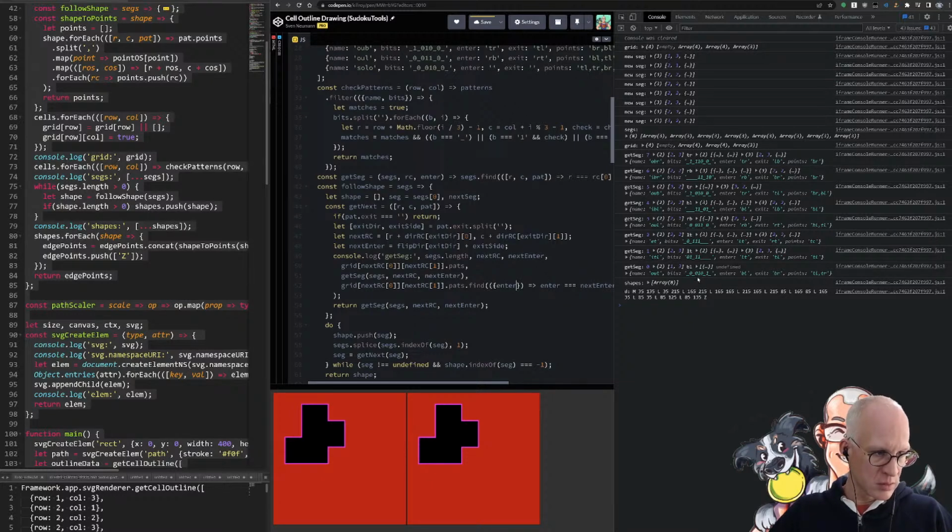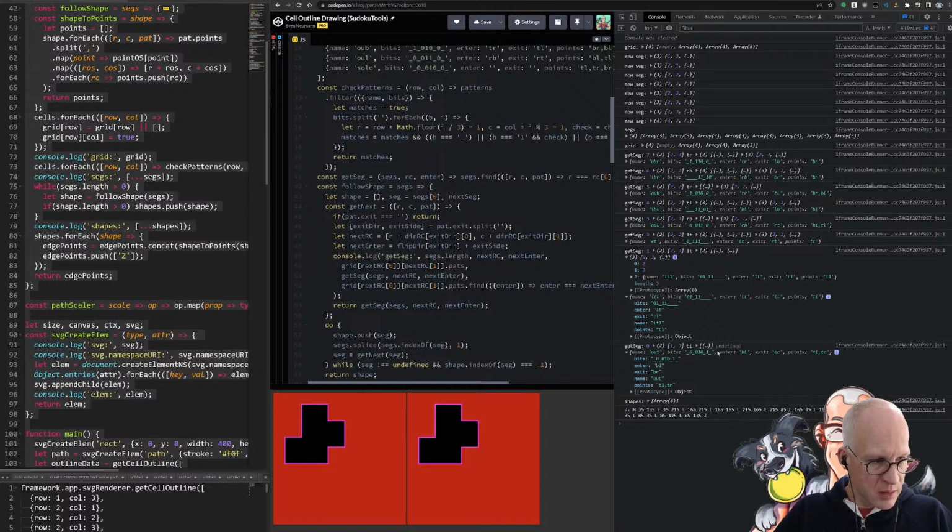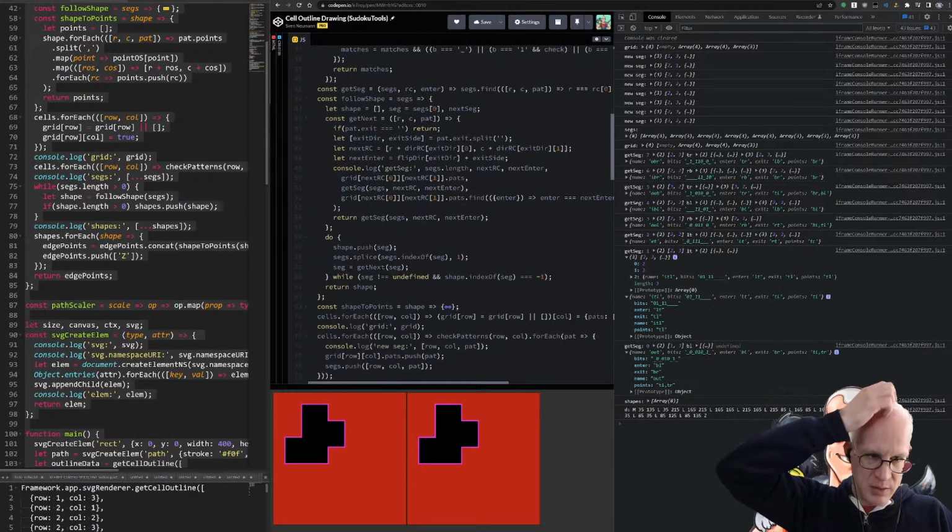So many more. Undefined. Why did we get undefined here and not here? Because that also returns, obviously, because I'm not removing them from there. All right, so we could get rid of the getSeg call and replace it with this, but it also means